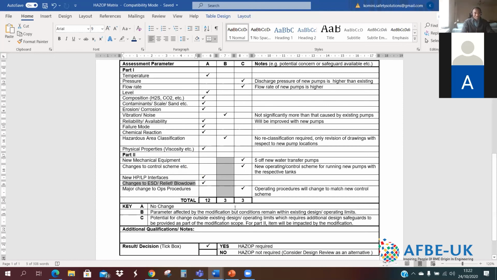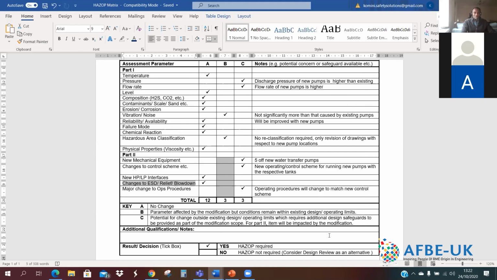So my answer to that, guys, would be, unfortunately contrary to most of the ones I'm getting, a no. I wouldn't do a HAZOP for the second problem. What I would do is a design review. I'll just get the guys together and look at the P&IDs and talk about the system and the changes, and just note down